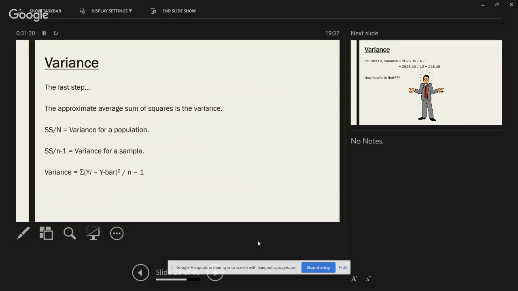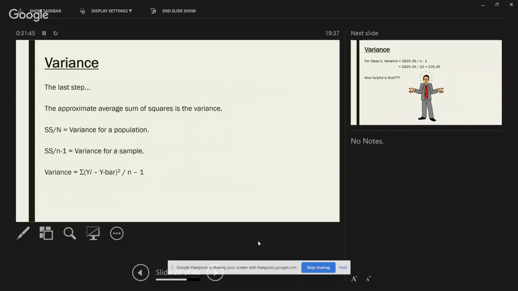And then finally we are going to divide it with the value n, which is the total number of repetitions, or n minus 1. So there's a catch here in variance while we are calculating the variance. If we are taking the whole population while calculating the variance, the formula is going to be